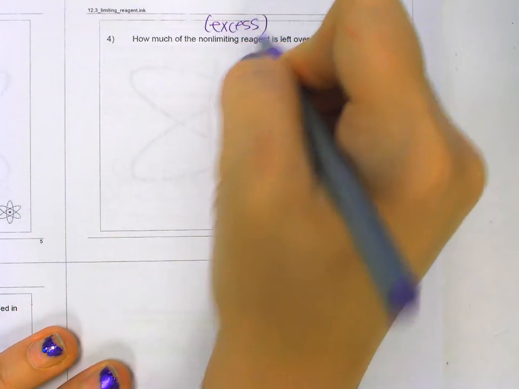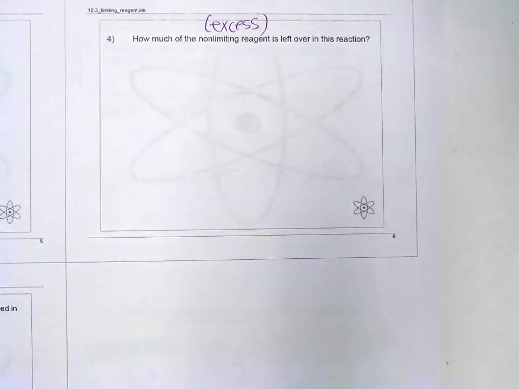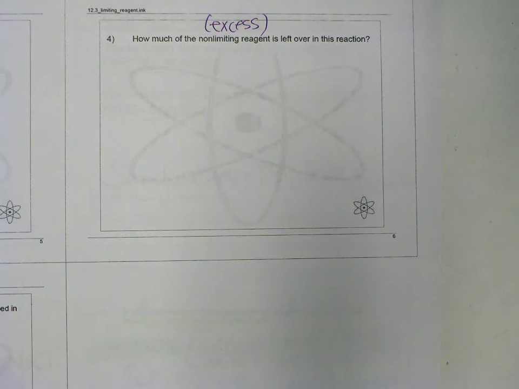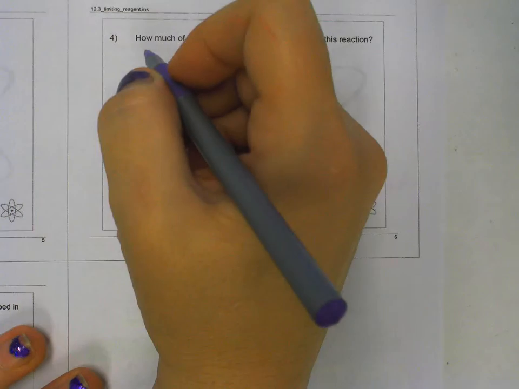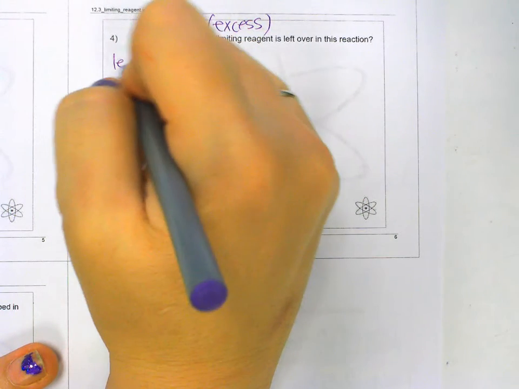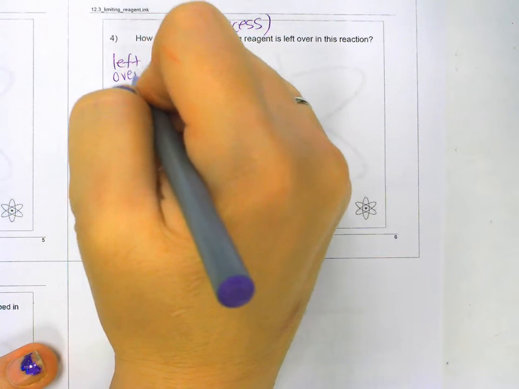This is often a question asked because sometimes we want to know what's going to be left over in this reaction once it goes to completion. I have a formula that goes along with this. I call it the rep formula. I've never seen it before, but if you ever want to figure out how much of the excess is left over,